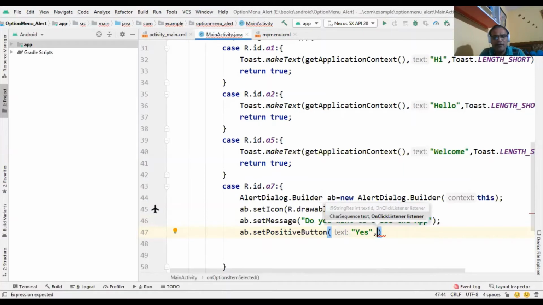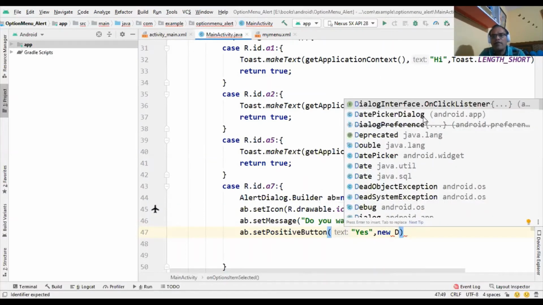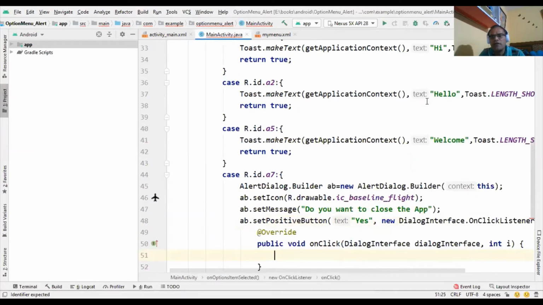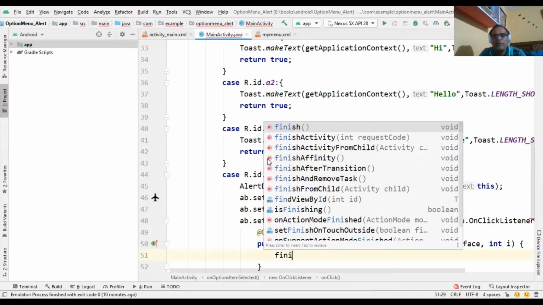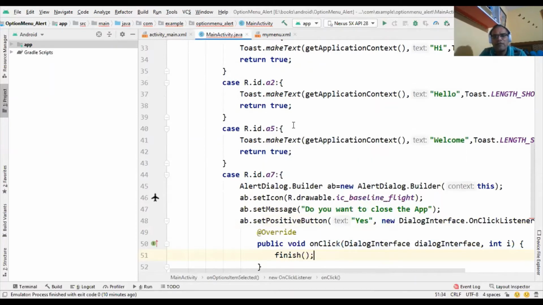Second, new DialogInterface.OnClickListener interface, and that contains the onClick method. If we click on the yes button, it will show the message, do you want to close the application? And if we click yes, that means we have to close the application. For that purpose we use the finish method, which basically closes your current application.